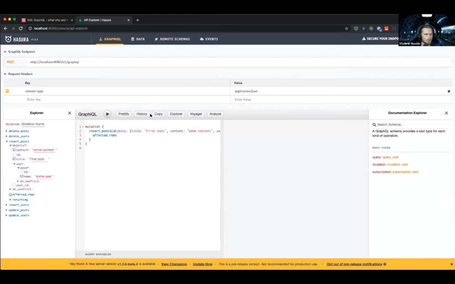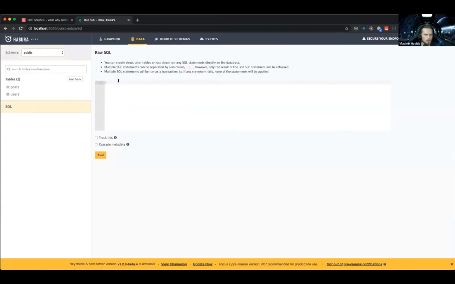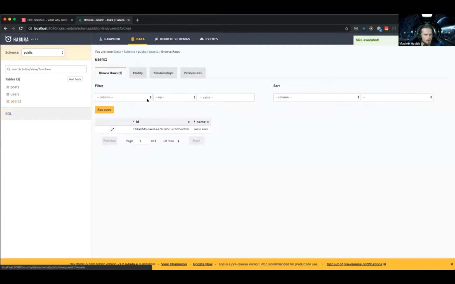Now, you can say, okay, fine, you get the CRUD, it's sort of a magic, but what about custom logic, right? Like I want to have the power to change things, right? So first of all, you can always write your own SQL here, and if you create a view, let's say, create a view users1 as select from users and run that, I will see users1 view created.